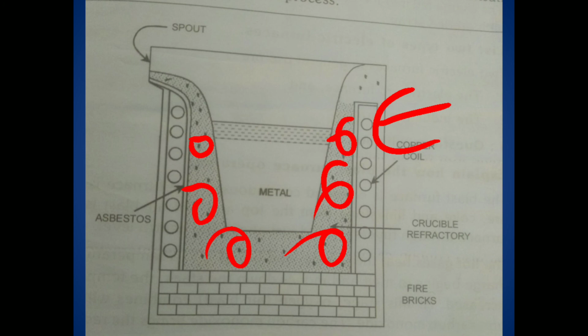So the difference is that there are no electrodes. In the electrical arc furnace we use electrodes. So by using this method, the electrical induction furnace, we get high alloy tool steels, low carbon alloys or die steels, and heat resistant steels. This is the concept of the electric induction furnace.